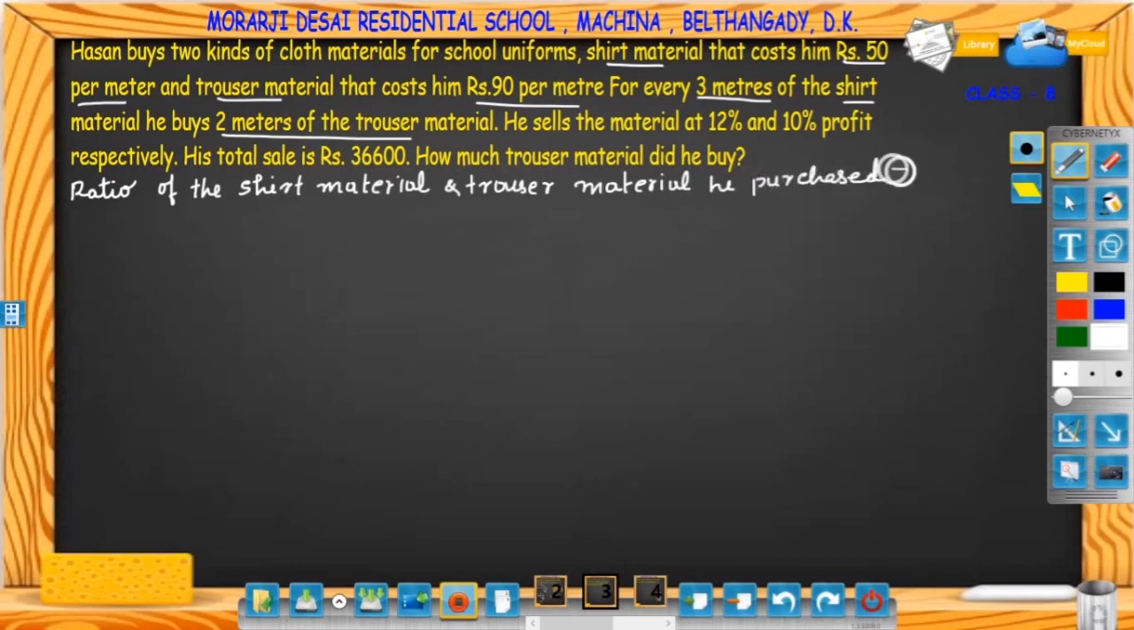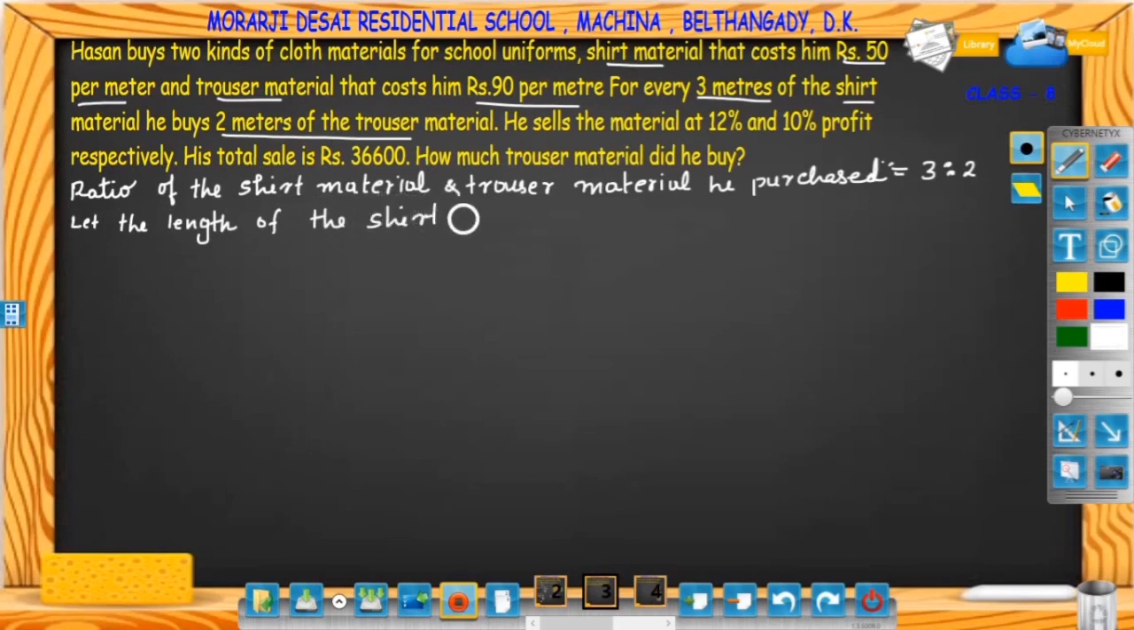For every 3 meters, he buys 2 meters of trouser. If he buys 3 meters of shirt, he buys 2 meters of trouser. If he buys 6 meters of shirt, he buys 4 meters of trouser. If he buys 9 meters of shirt material, he buys 6 meters of trouser material. So the ratio of shirt material and trouser material is 3:2. Now let the length of the shirt material